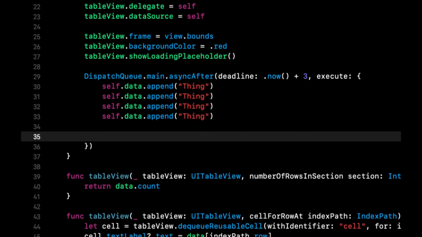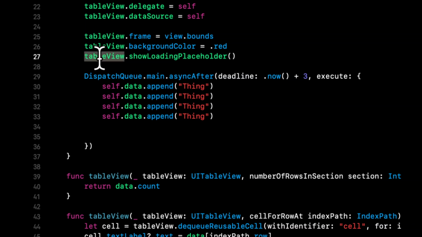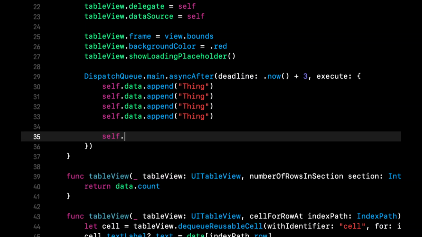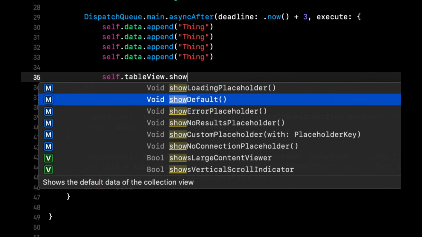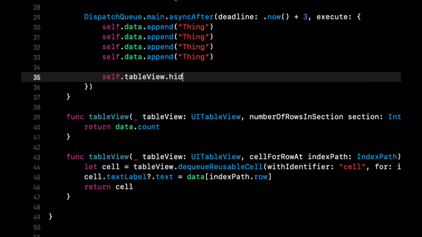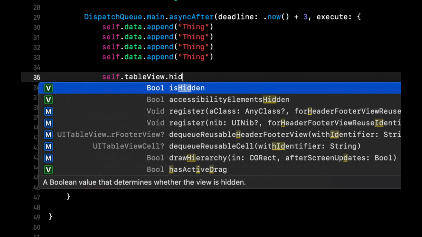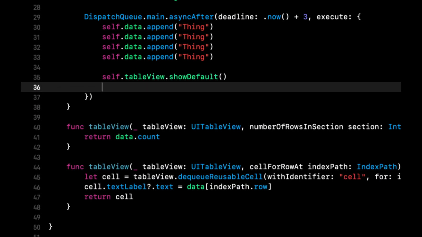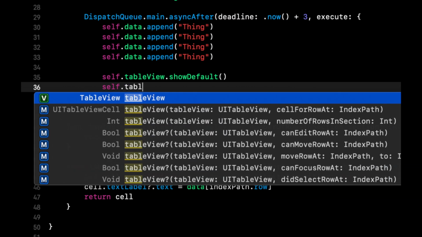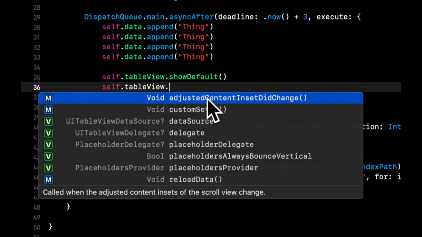And at the end of it, of course, what we can do is now we can say self.tableview, and I believe we want to show default. I don't think there's a hide default, is there? Yeah, that's what I thought. So we want to show default, which is the normal table view. And we also want to update the table view's contents because now we have data in this array, so we